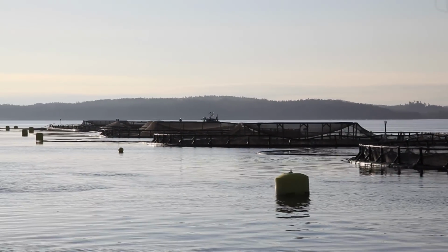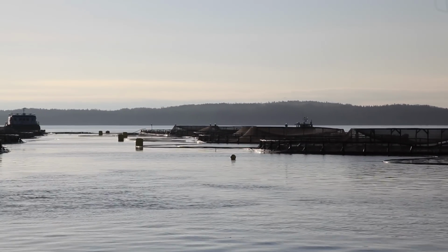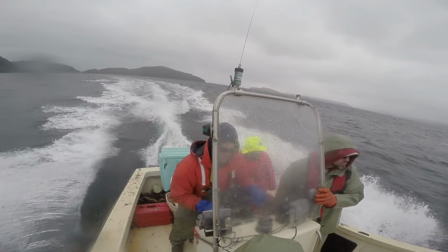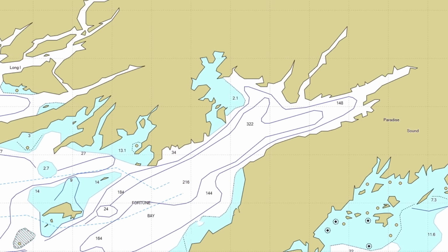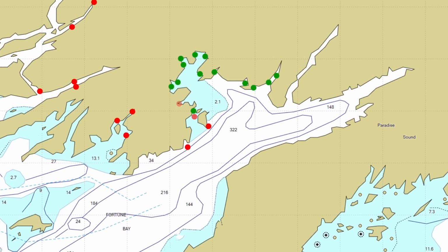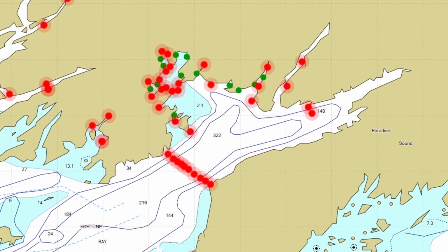Fisheries and Oceans Canada is working with the aquaculture industry with the goal of helping it operate in a sustainable and responsible way. This team of research technicians is heading to an area where salmon are raised in fish pens that are suspended in the open water. They're going to retrieve data from an array of acoustic monitoring receivers that have been strategically placed along the south